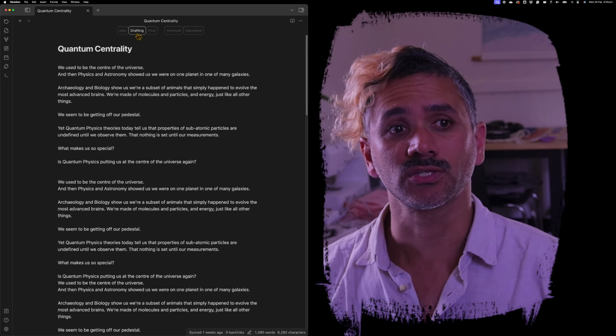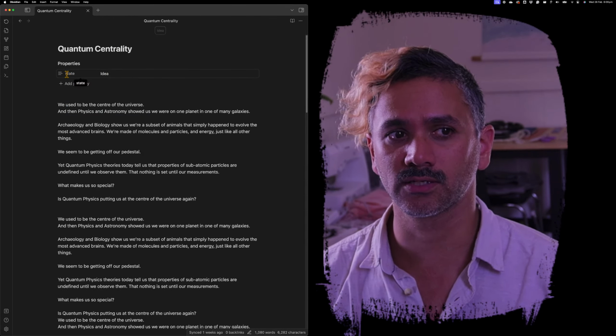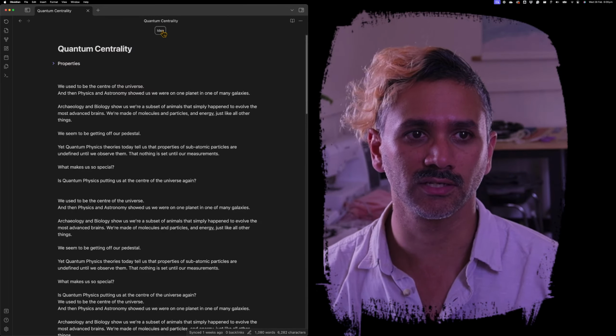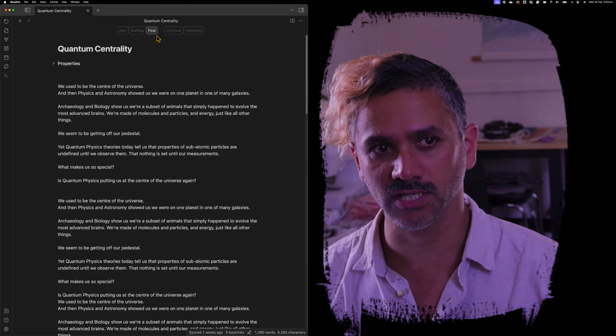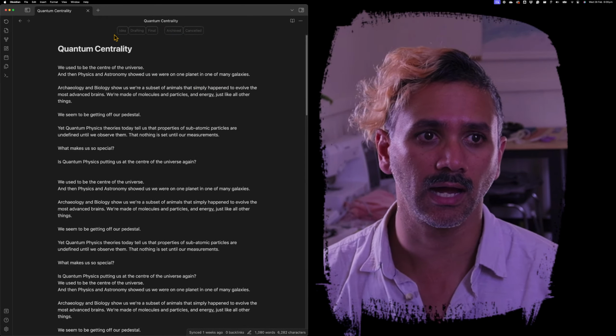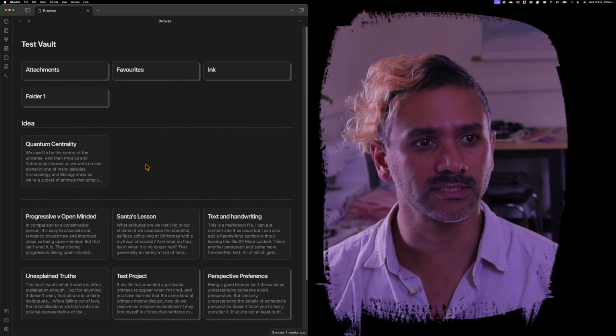So anyway, I'll mark this as idea, and you'll see it adds a property automatically called state idea. So I can close the properties because I can do it all from up here. I can change them, and it's changing that property. I can turn it off and set it back to no state, but I'll set it to idea. And so if I go back now, I'll see that